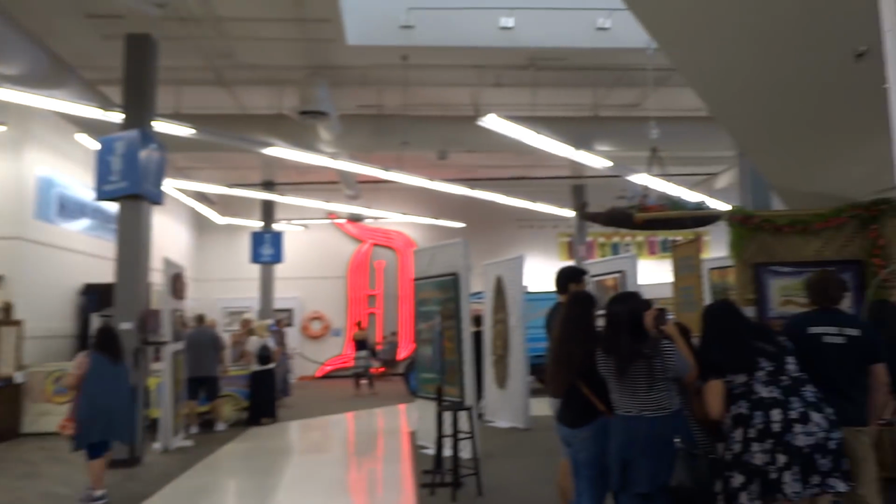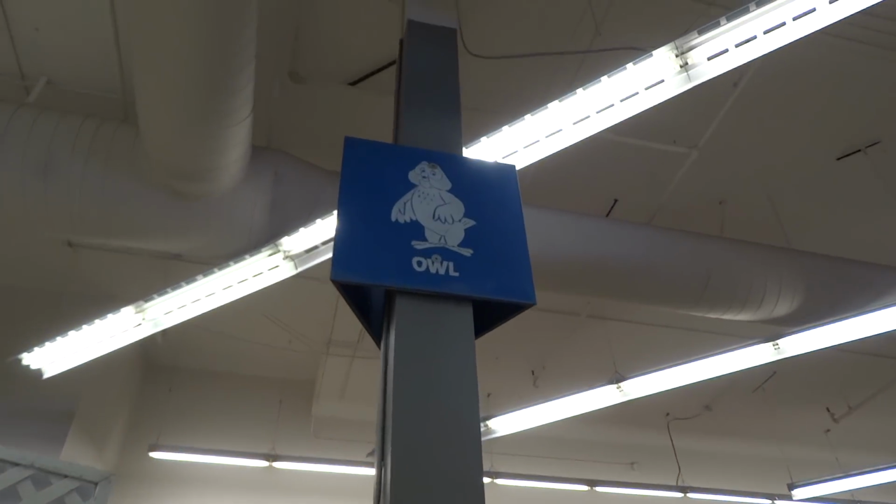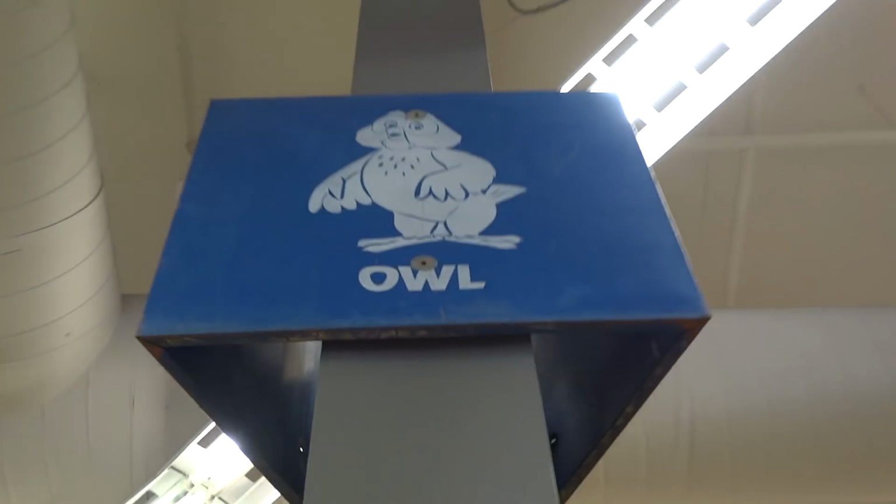So where we started, that was kind of like Disneyland in general. This is Frontierland where we had the canoe. Then we're moving into Tomorrowland. Oh, the other cool thing, they've got all these parking lot signs. Look, here's Owl. And the sign here is describing,